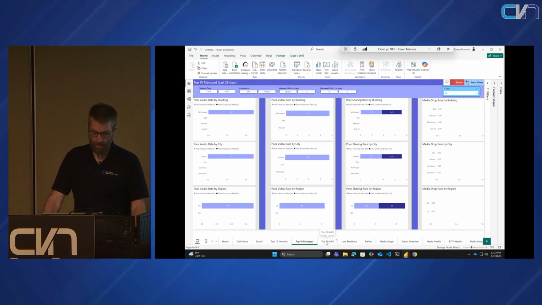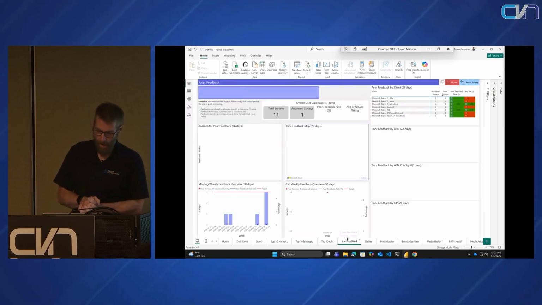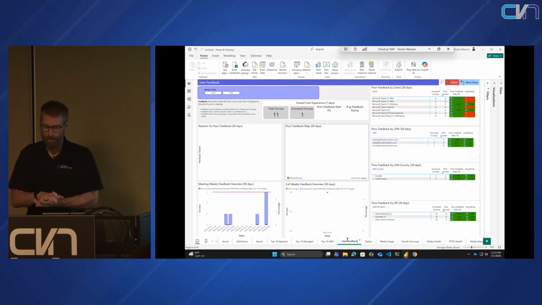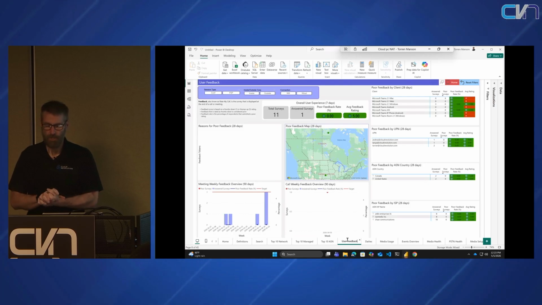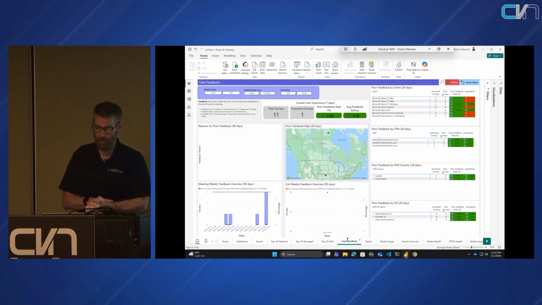ASN, if you don't speak internet things, this is your ISP connections. User feedback. This is always a fun one to have a look at. No news is generally good news. If there's nothing in here, we've got a whole 1 answered survey out of 11 surveys, and it's a 5.0,